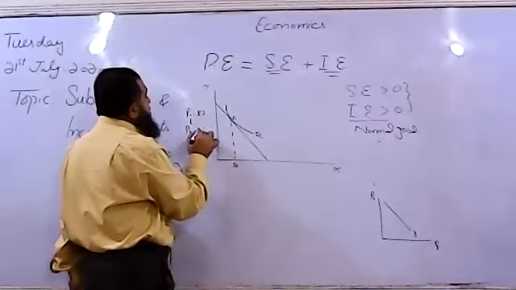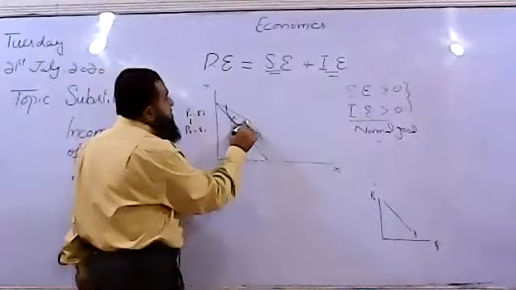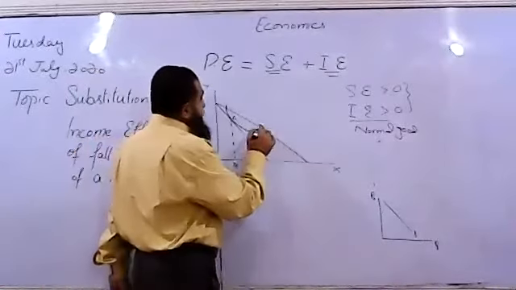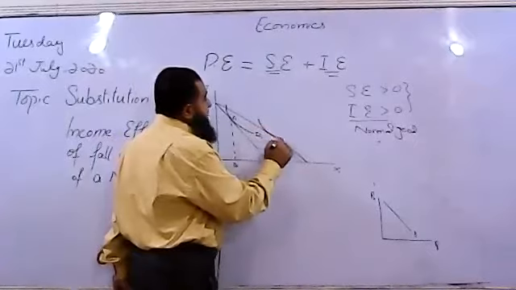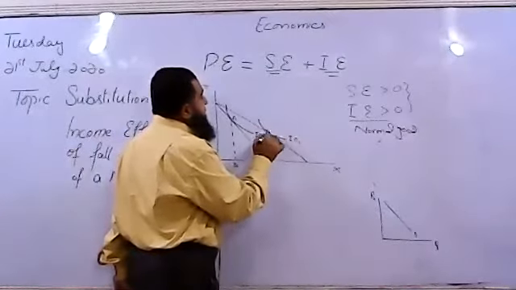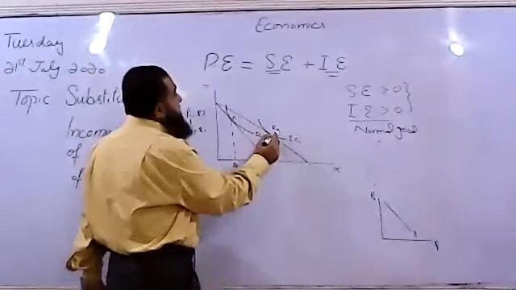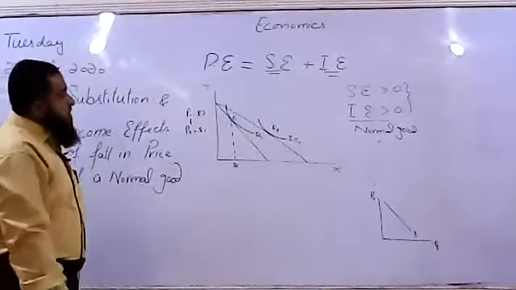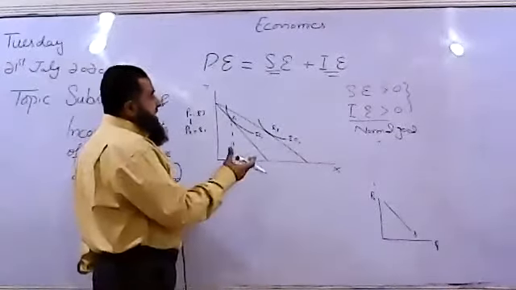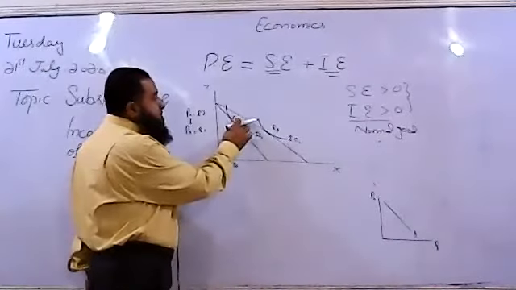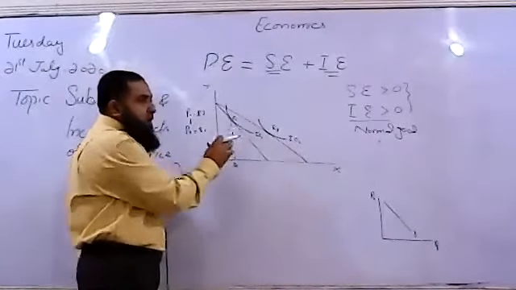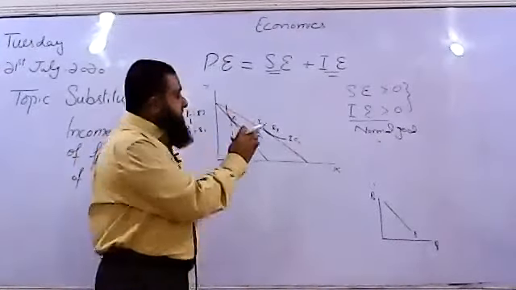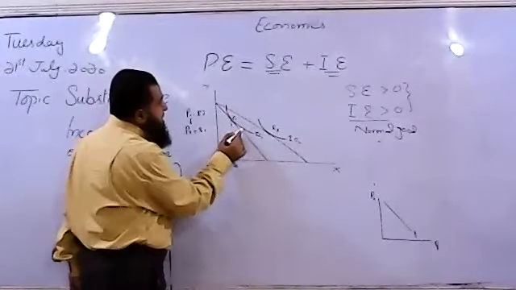So when the price of X decreases to $1, this budget line will have a pivotal, rightward shift. Finally he or she is here. I say this is equilibrium 3 because I want to have equilibrium 2 along the previous indifference curve. So when we take away the increase in the real income of the consumer, this new budget line will shift parallel downward, to make a tangency condition at the new prices with the previous indifference curve.